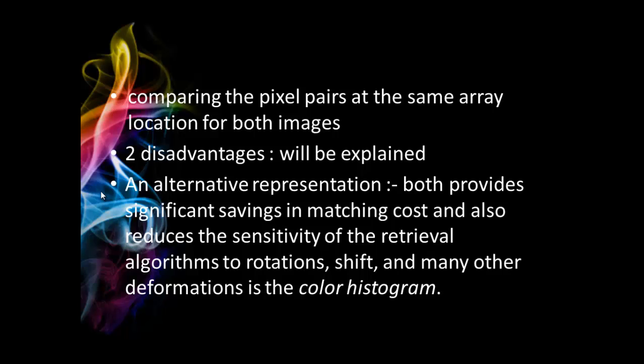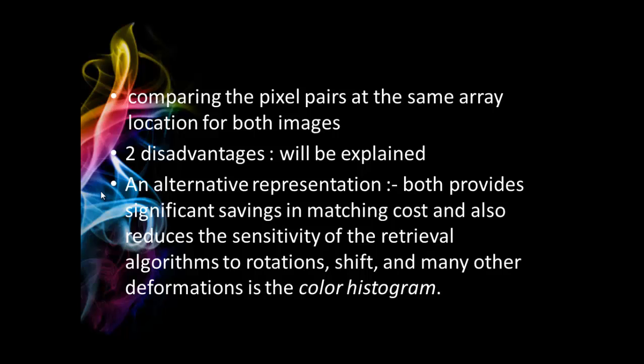Number one, it may be very costly, especially if the images are very large. For example, given a pair of 1000 times 1000 images, this would require a million similarity or distance computations in the color space. The second disadvantage is